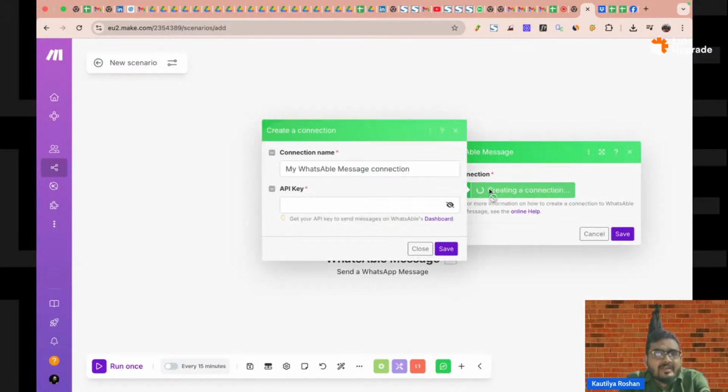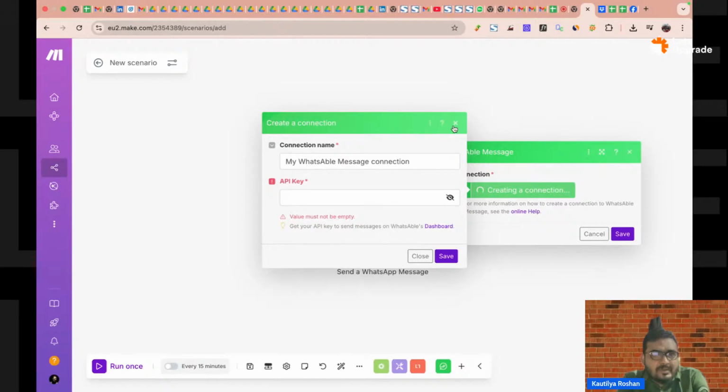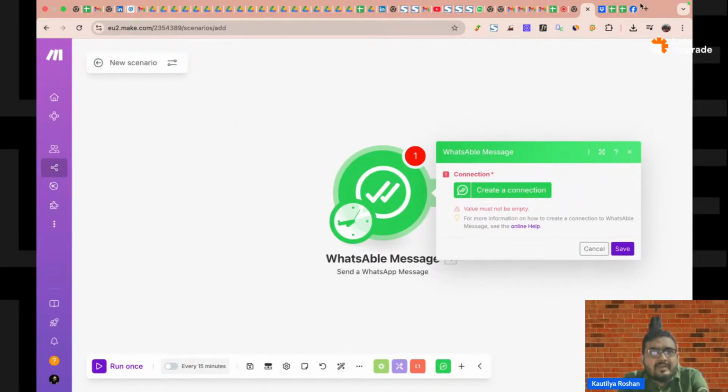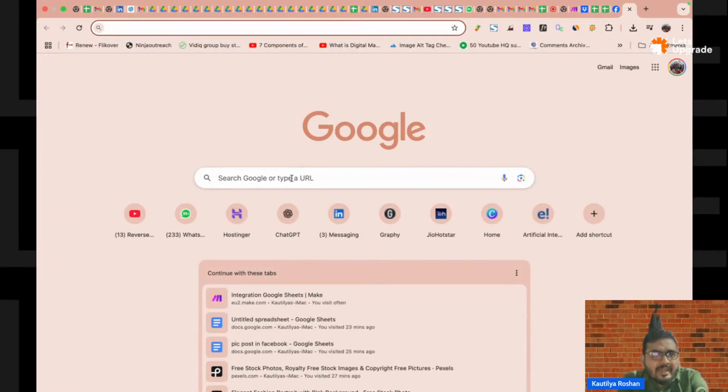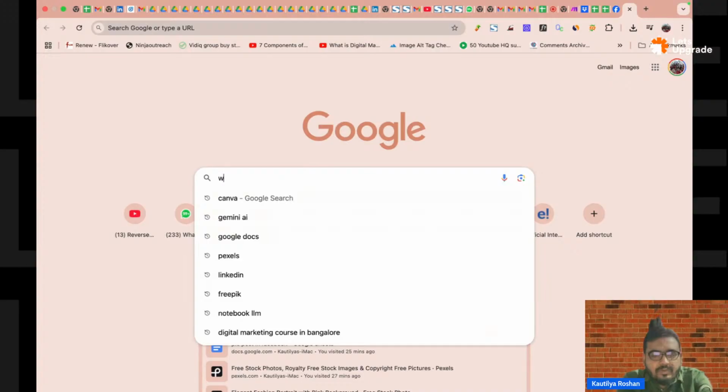So I can click on create a connection. Here again I have to give my API key and all that. Again I have to make sure I get those WhatsApp API keys. So how will you get that? If you have a business account, then you will be able to get that. How? You can go here to WhatsApp